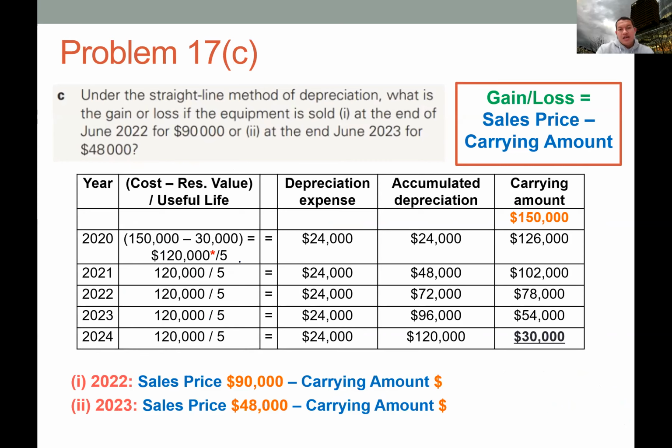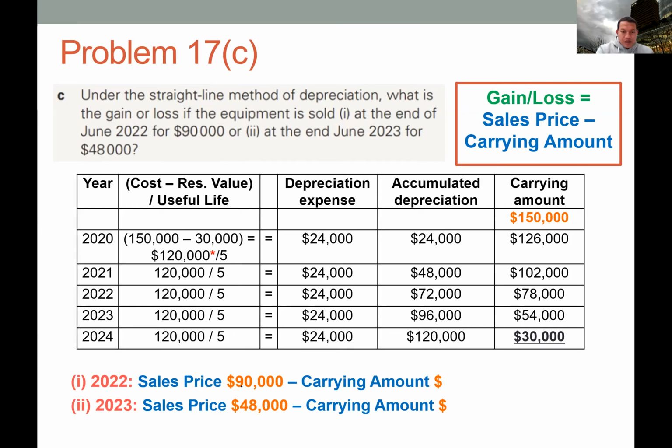Now the company decides to dispose of the asset. So first they consider selling the asset for 90,000, and they also consider selling the asset for 48,000. As we have discussed, we have to evaluate whether this company has a gain or loss from this transaction. So the first transaction is